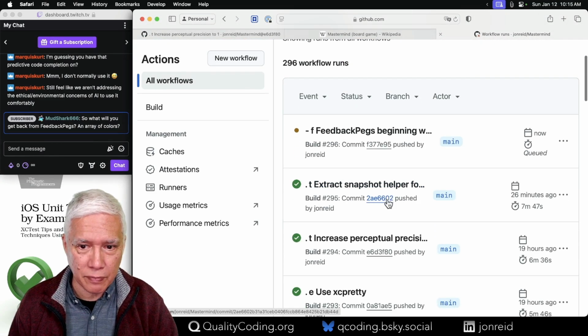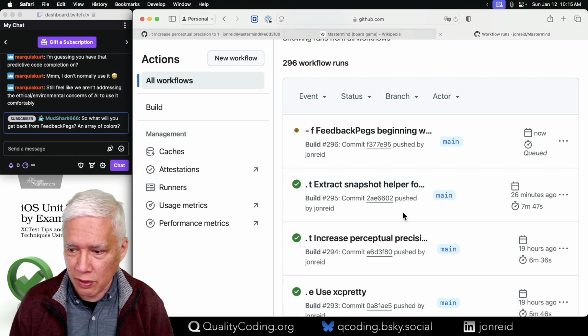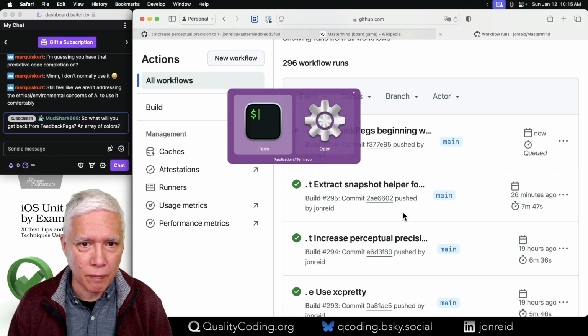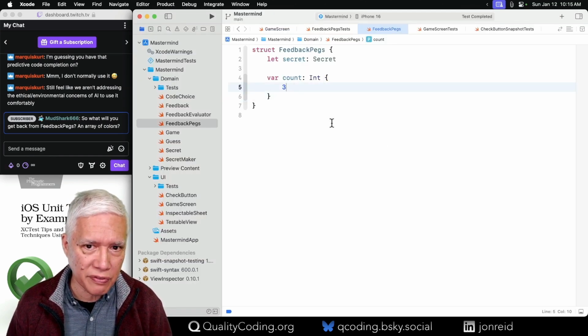There it is. That's that extract step that I took early in this process. All right, so with test-driven development, we do the simplest thing that can possibly work, and that's to hard code it. Now we can look at